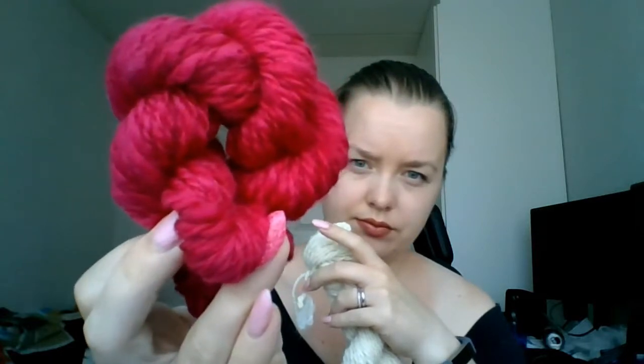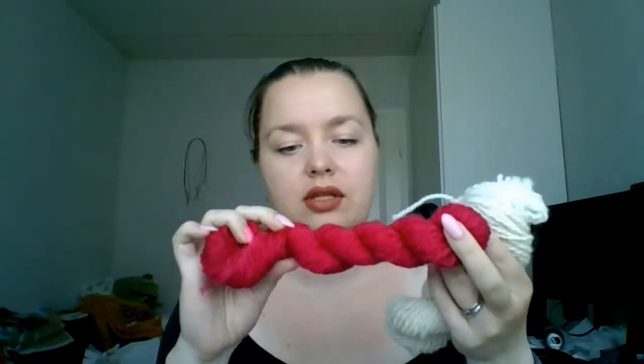I'm not sure what I'm gonna do with this. This is only 25 grams of about 100 grams of fiber that I bought in this color. It's really blowing out on screen, but it's a lovely deep fuchsia color. It's a little bit more red. It's really not coming out, but it's a lovely color, and I'm quite happy with how this is 2-ply,